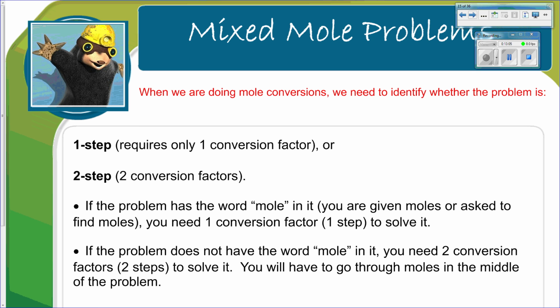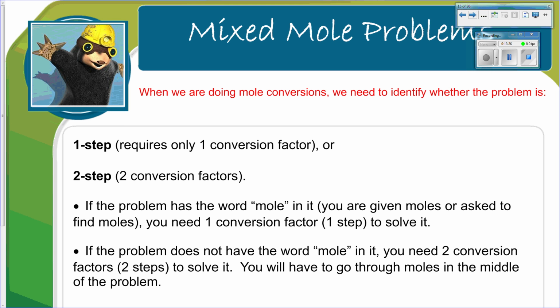All right. So you've learned all the basic one-step conversions that you can do. You can go from moles to molecules, moles to atoms, moles to particles. You know you can use molar mass to go from moles to grams and grams to moles. And you can also use STP to go from liters to moles. So now you might have to put them together, and this is going to be a mixed mole problem or